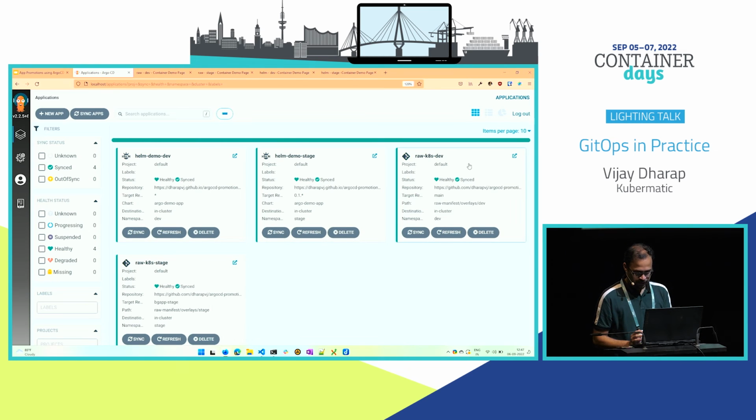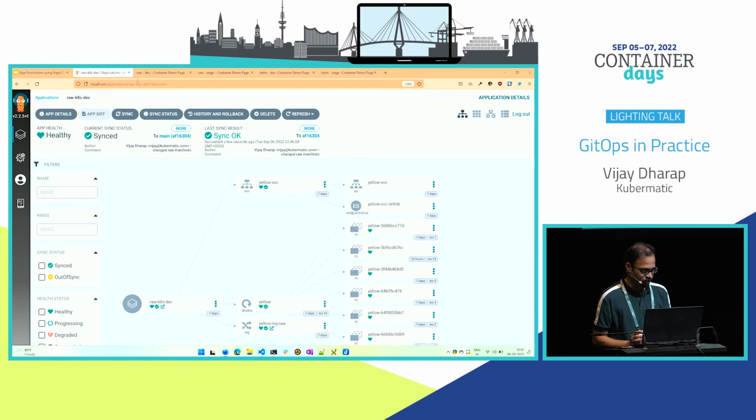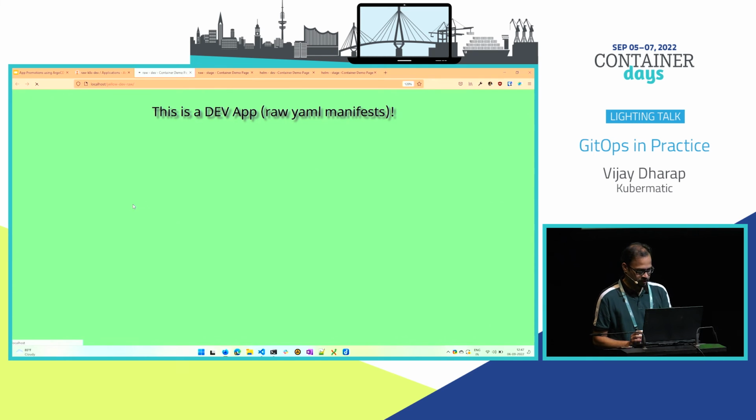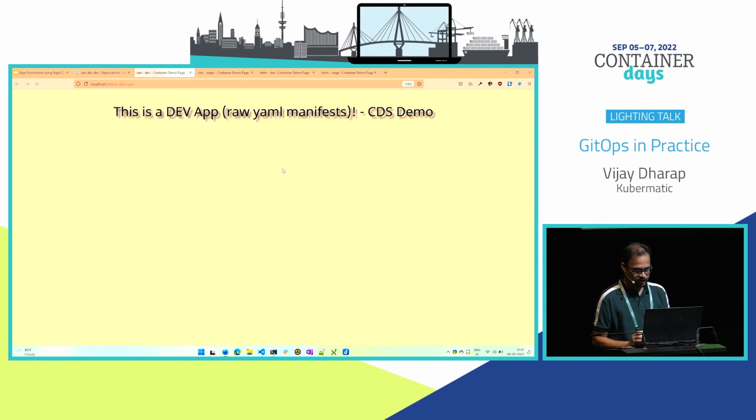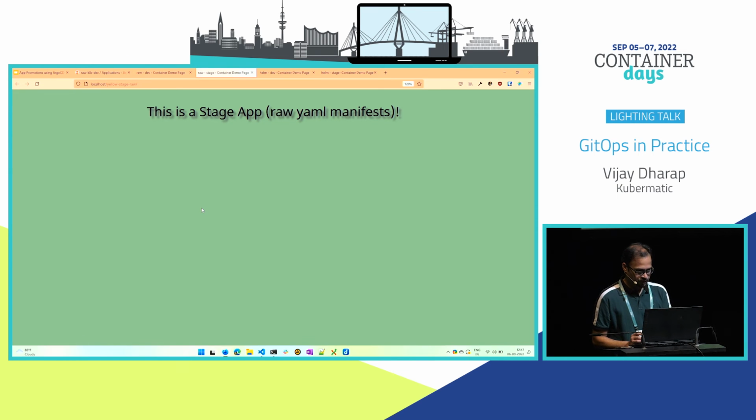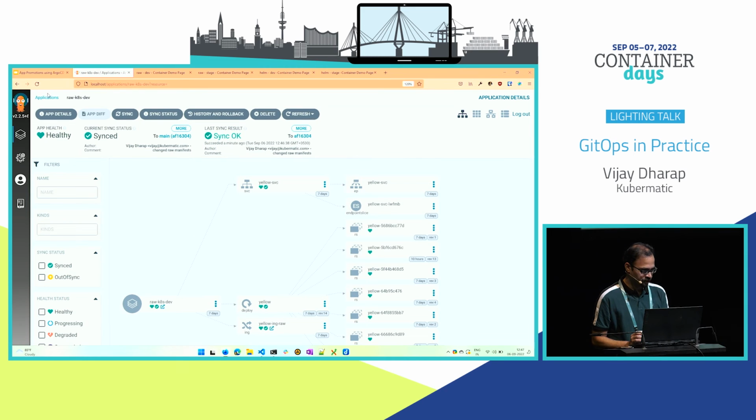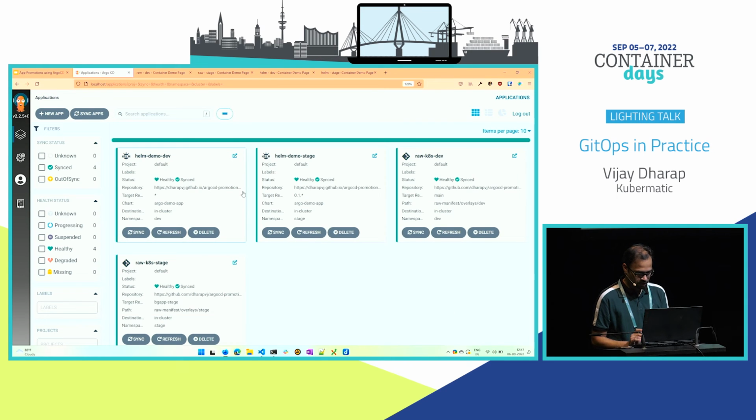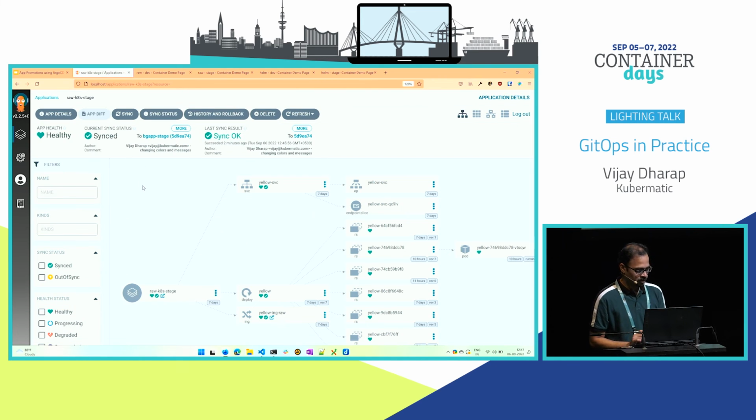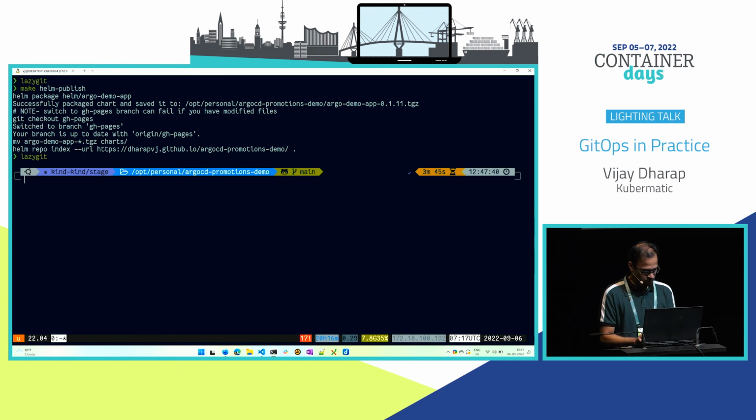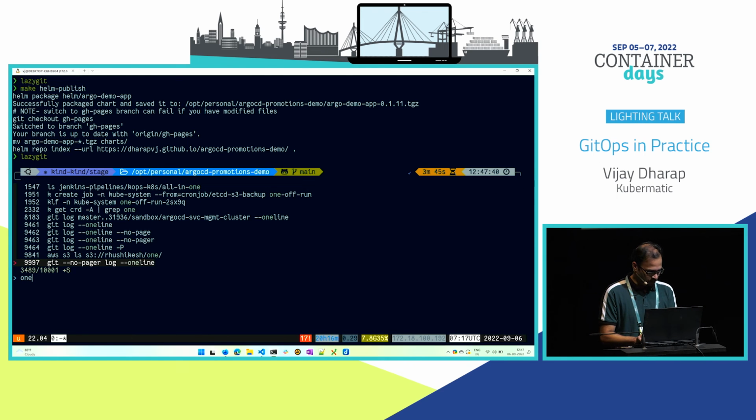Similarly, we saw that the dev raw manifests were also changed. So let's look at that as well. It should now say CDS demo, and the color has been changed. Now, if you look at stage, though, it will not be changed because I have turned off the automatic sync in stage. Sorry, I mean to say I have not changed the target tag here. So if you look at one line,